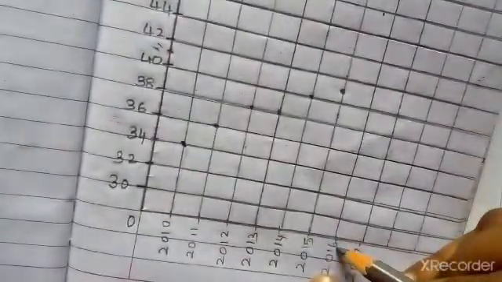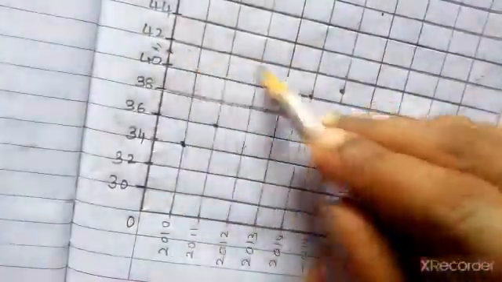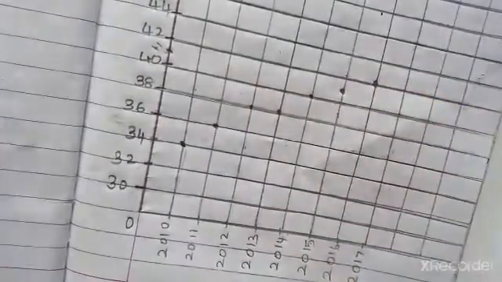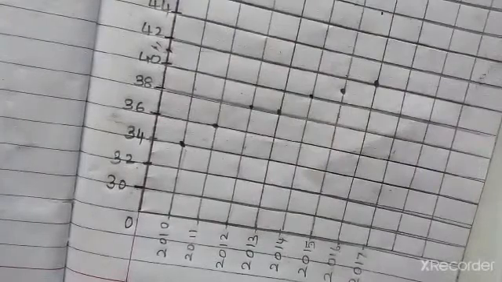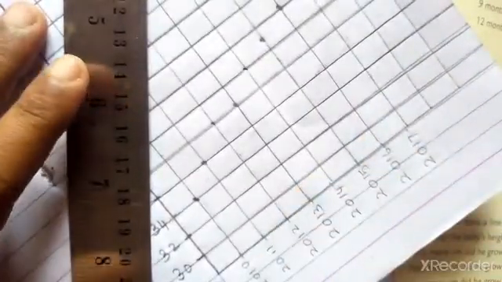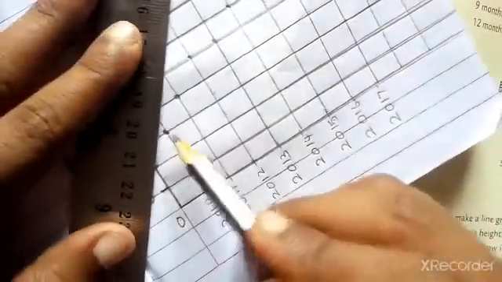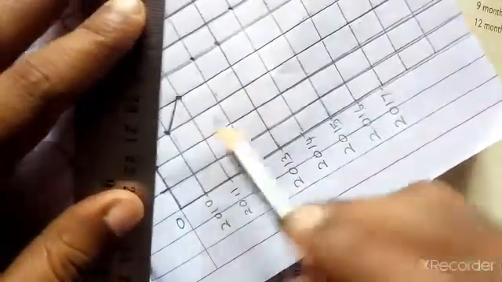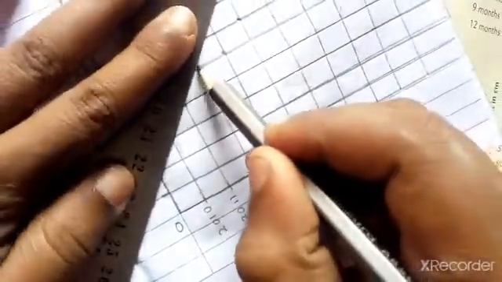Then 2016 it is 42. So 42 is over here. So mark, that's all. So marking of temperature against each year is completed. Now using a scale, you can join these dots. First I start from 2010, it is 34, and from that to the next dot, that is 2011. Now from 2011 to the temperature for 2012, I am just joining the dots. So that is the line segment.